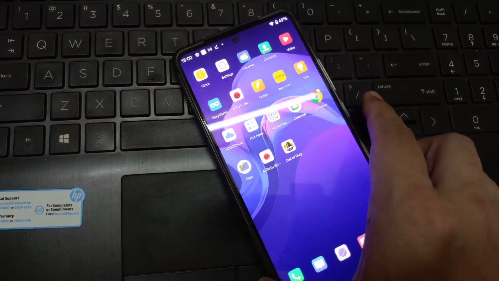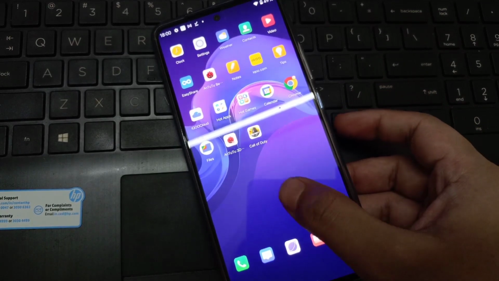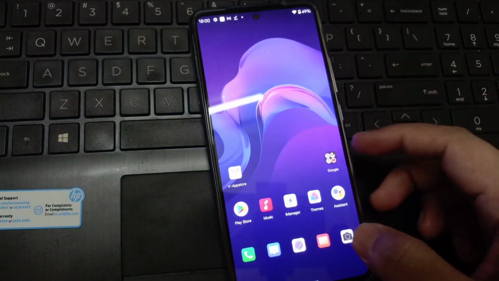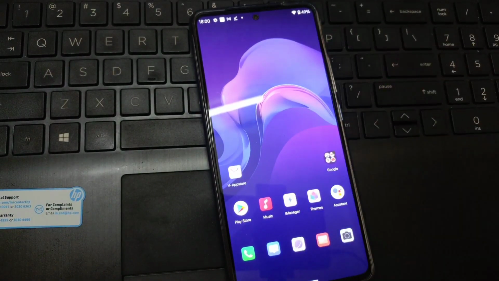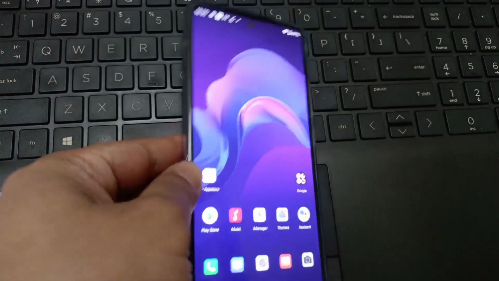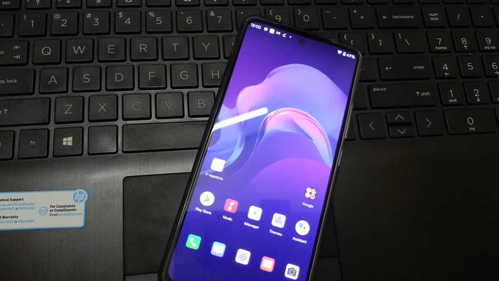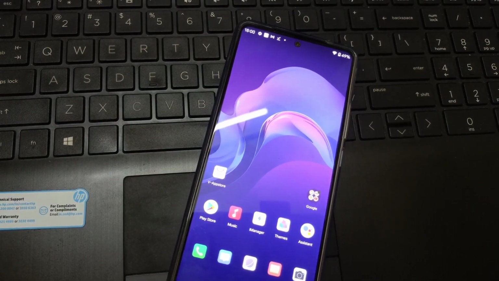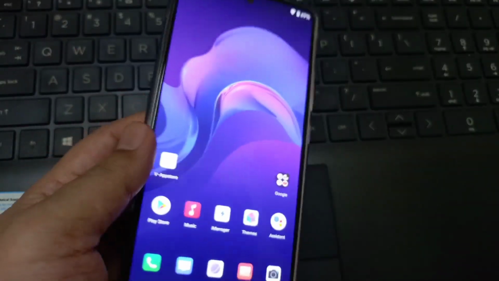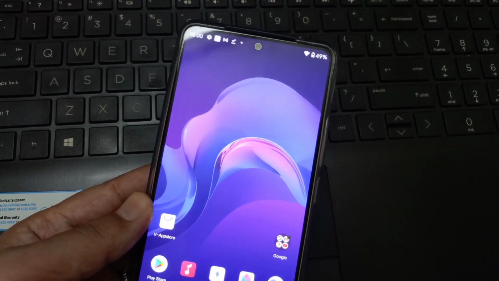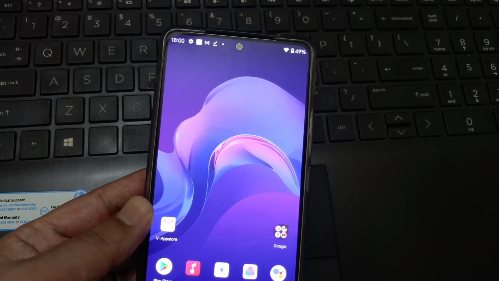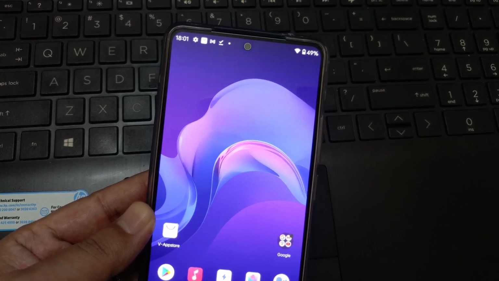So I think I have shown you all the features which were requested and how it looks on an iQOO 7 Legend with Android 12. And I hope you guys find it useful. I'd suggest not to use it directly as your daily phone, though it is quite stable in terms of main functionality, calling and other features, but still it has so many bugs, so it's not very reliable. But this is how it looks. These are the options available, and beta 2 is going to release by the end of July, so you can wait for it. I'll definitely try to upload.